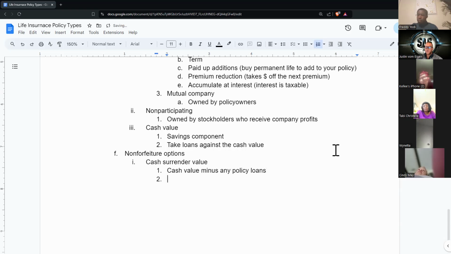You can purchase reduced paid up insurance. What this means is, say you have $10,000 in cash value, and you say, I don't want to make any more premium payments. I want to use that $10,000 in cash value to purchase a permanent whole life policy using a single premium insurance policy or a single premium funding method. So say you have $10,000 in cash value and you're like, I don't want to keep making my premium payments. How much permanent insurance can that $10,000 of cash value buy me?